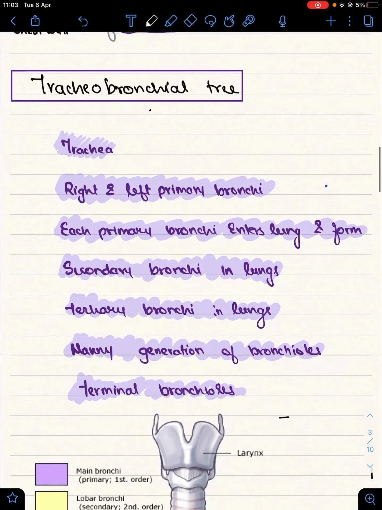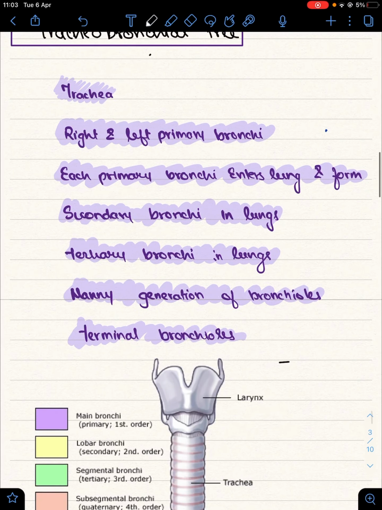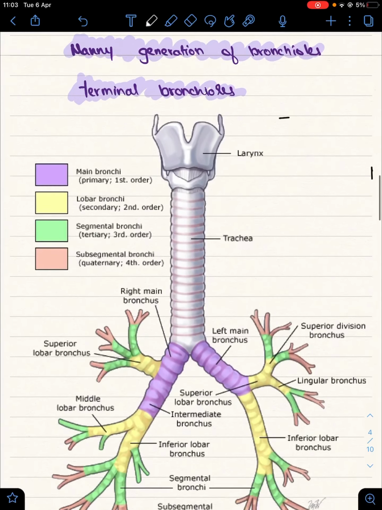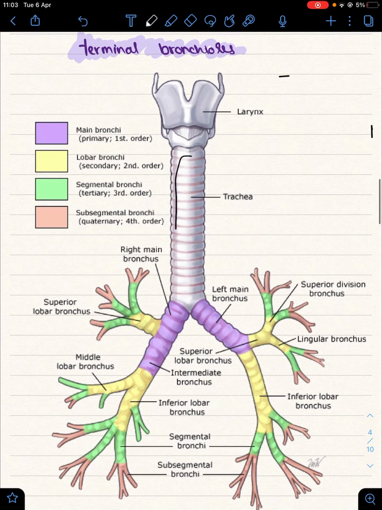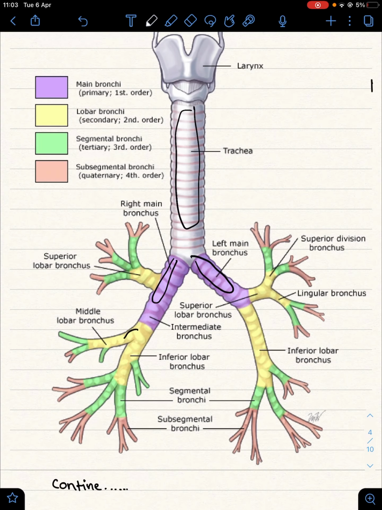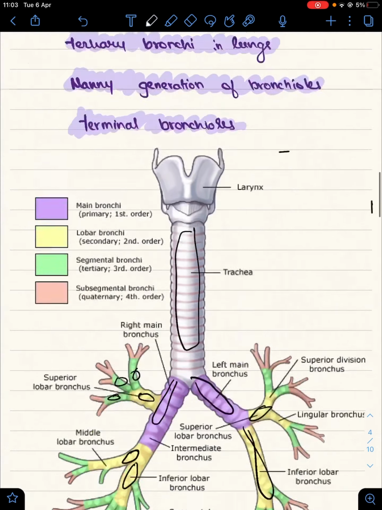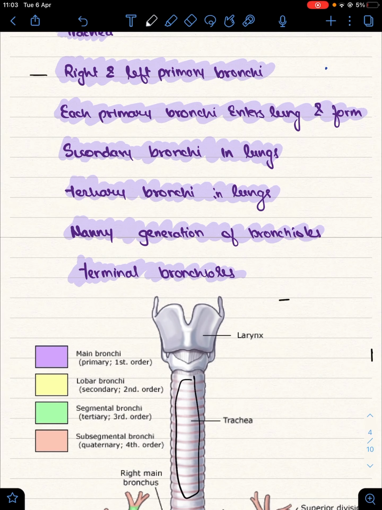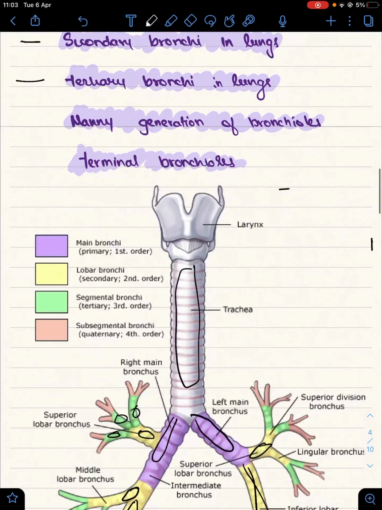So this is the tracheobronchial tree, which I am showing here in the figure. On the screen you can see the tracheobronchial tree, in which there is the trachea. Let me show in the diagram. So it's the trachea. From there it forms left and right primary bronchi, then these are secondary bronchi, these are tertiary bronchi. As you can see, the right and left bronchi enter the lung as primary bronchi, then form secondary bronchi, then tertiary bronchi in the lungs,